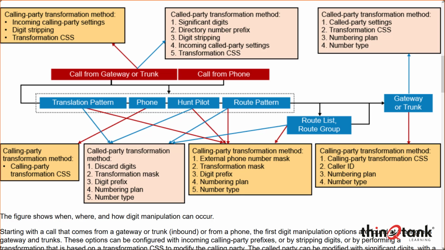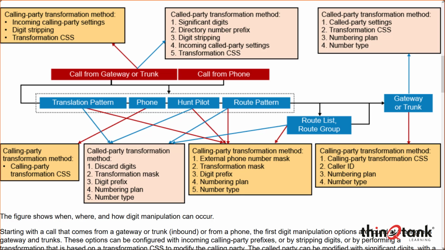But it also depends on how the call is proceeding. All right. So you can see from this graphic, it is a little bit confusing, but let's kind of break it down a little bit. Let's start with a call that comes from the gateway, or a trunk, an inbound call, or even from a phone. All right. The first digit manipulation option that you have,